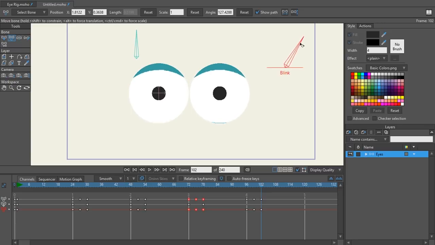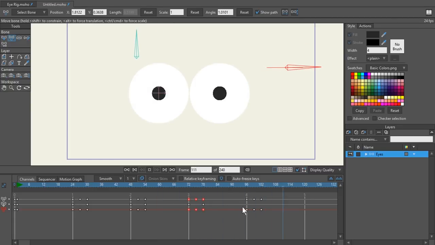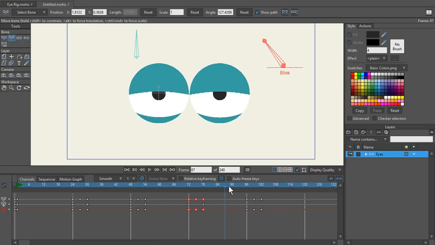So I'm going to change just that keyframe right there. So it's all the way up. So he's going to go, let's just go from here. Blink, blink, all the way up. So his eyes are wide now. And what we can do